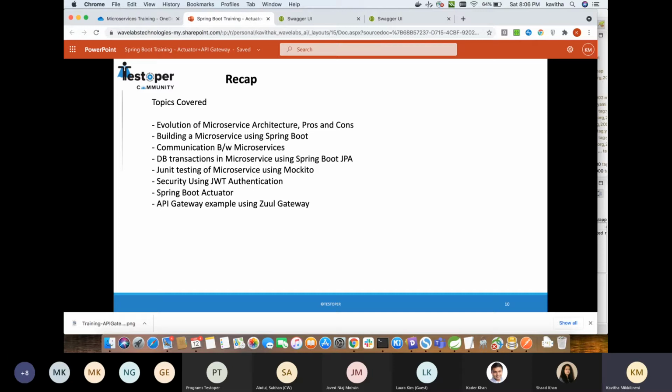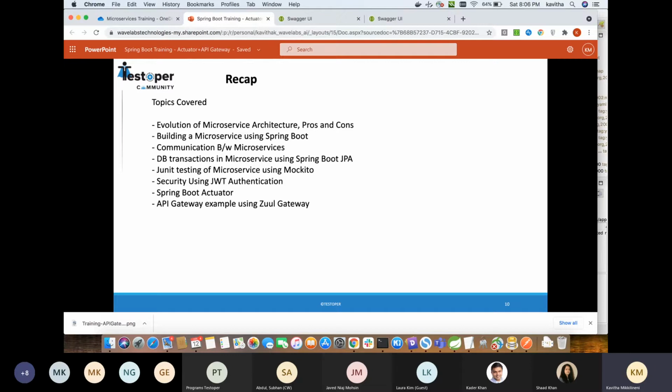For a real-time feel, we have also seen how to do DB transactions, set up a DB, and how the microservice is able to save and retrieve from a database. We've also seen JUnit testing, which is very important for any development, and how to mock the data.